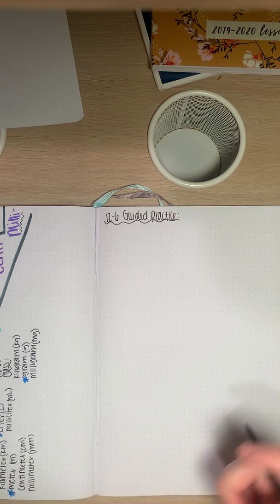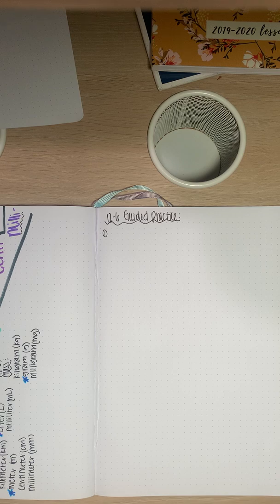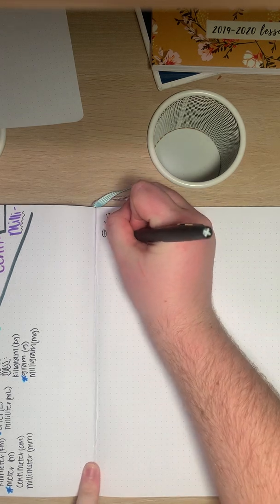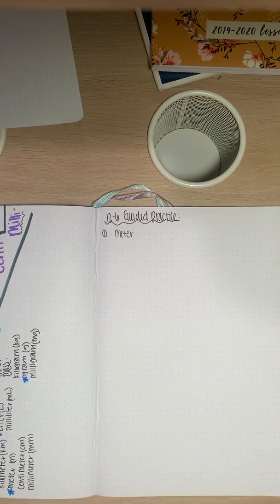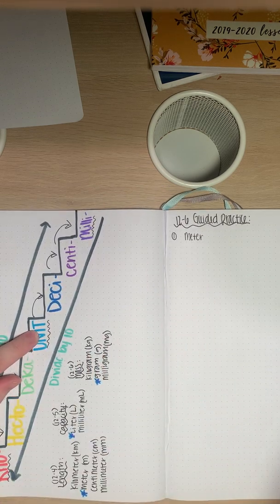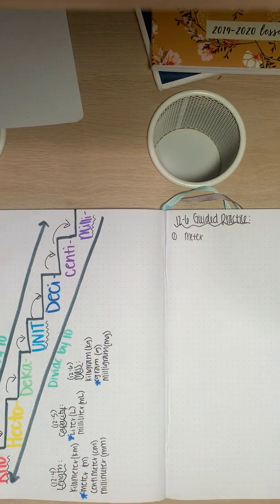So on 12-6 guided practice, our first question is asking us, how does the relationship between meters and millimeters help us understand the relationship between grams and milligrams? Now, you guys have already worked with meters and millimeters. Those are what help us measure length. And if I start at meter, remember meter was our base unit. Anytime we have our base unit, we're always going to start right here. And we already know from our base unit to milli, we're going to have to move our decimal 3 times